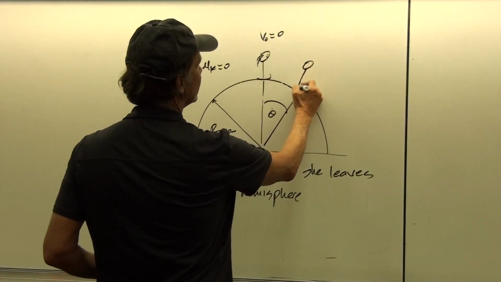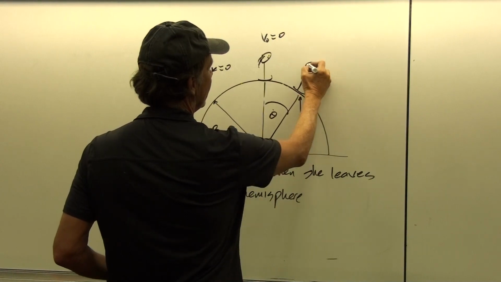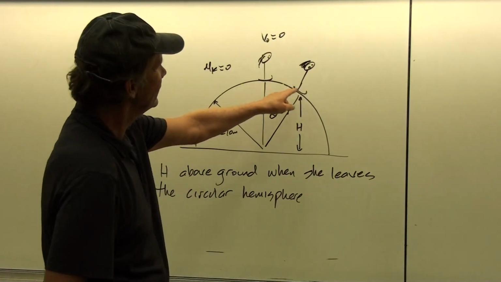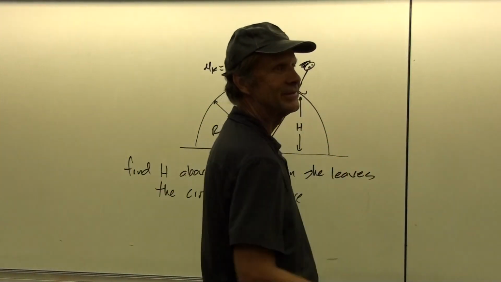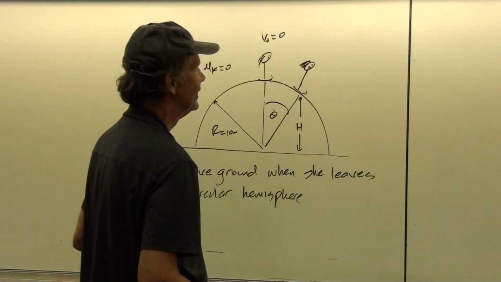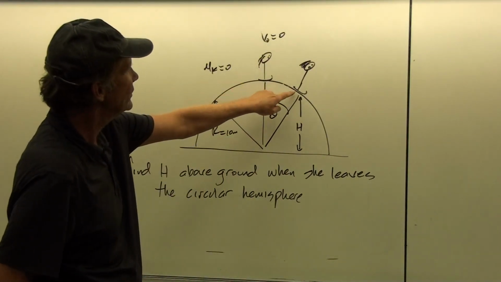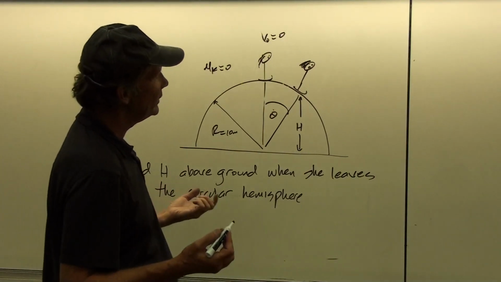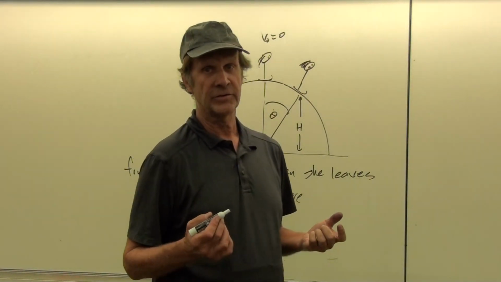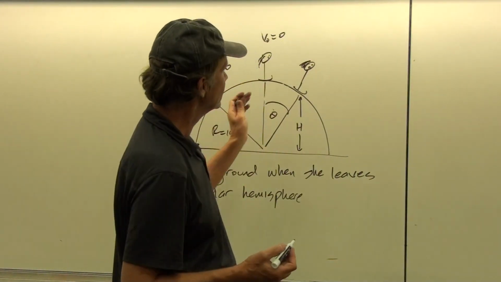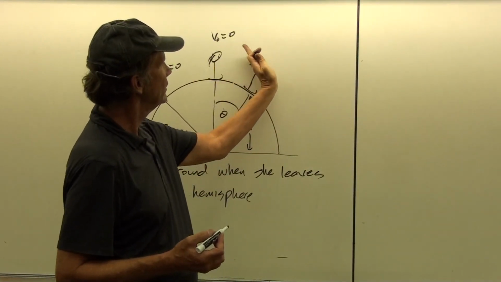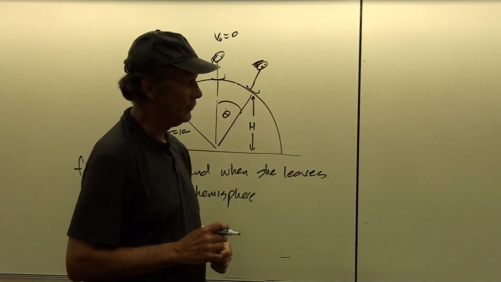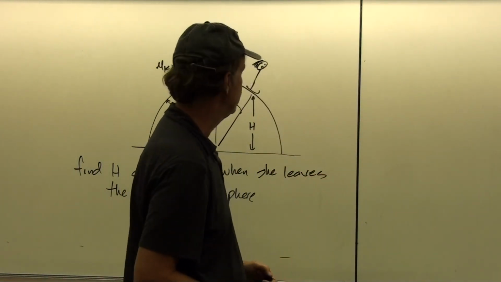Okay, so here we are at this point. And so when she reaches this point, she's getting a little more worried because she's getting ready to leave the track. So I'm hoping that down here there's another ski jump that she can pick up and she's not just going to crash and burn. But at this point, she's going to reach some critical point where, and this is the way I'm thinking about it now, when does the normal force go to 0? So in other words, when does the surface not have to push up any longer to prevent her from falling into the hemisphere?